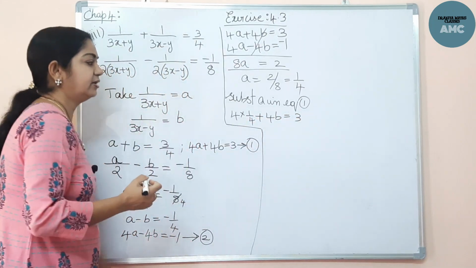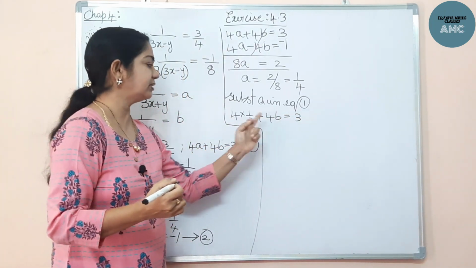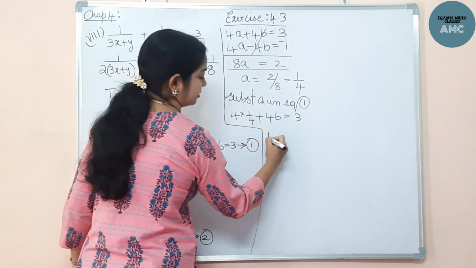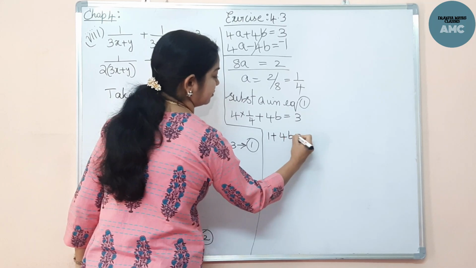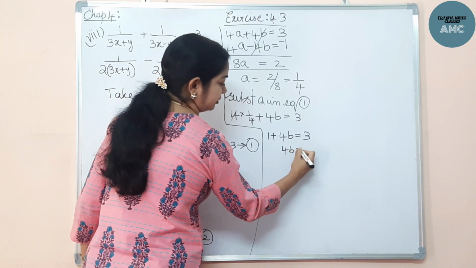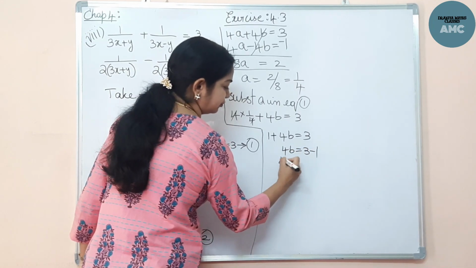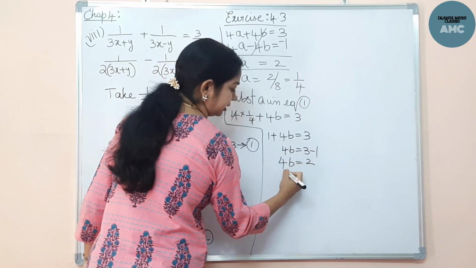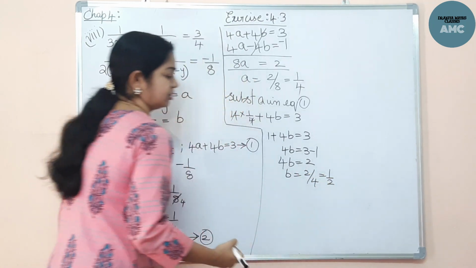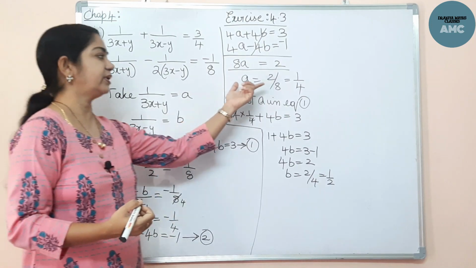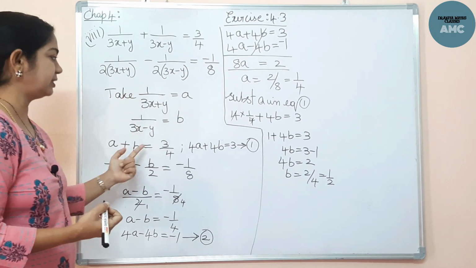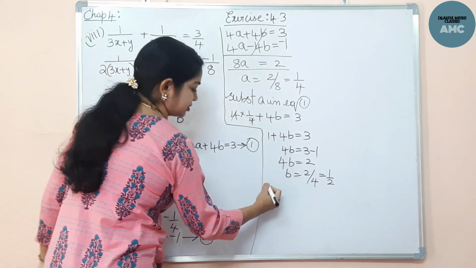This is equation 1, 4a plus 4b is equal to 3. In that equation 1 I have substituted a. Now 4 gets cancelled. So it comes to 1 plus 4b equal to 3. Right. 4b equal to 3 minus 1. So 4b equal to 2 and b equal to 2 by 4. That comes to 1 by 2. So a is 1 by 4 and b is 1 by 2. Now what we supposed a and b as, we will be substituting that. Therefore